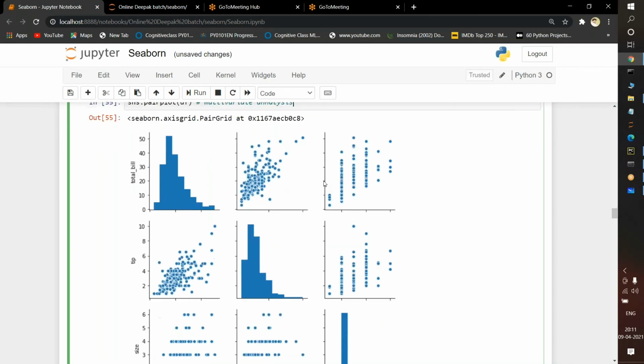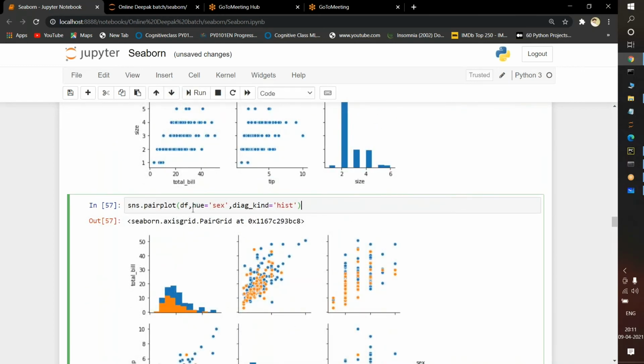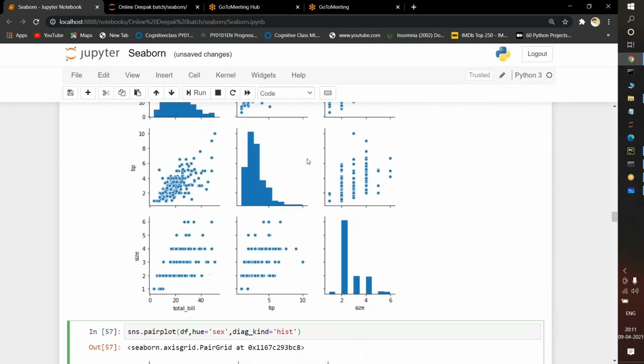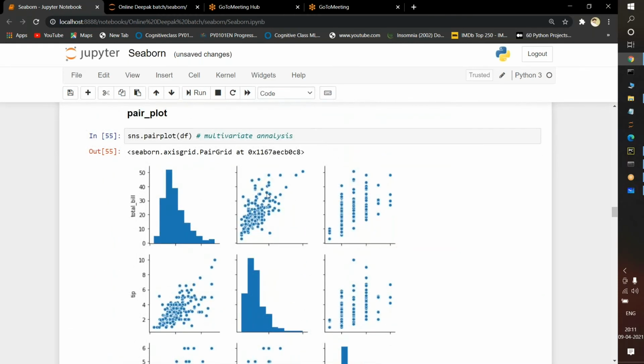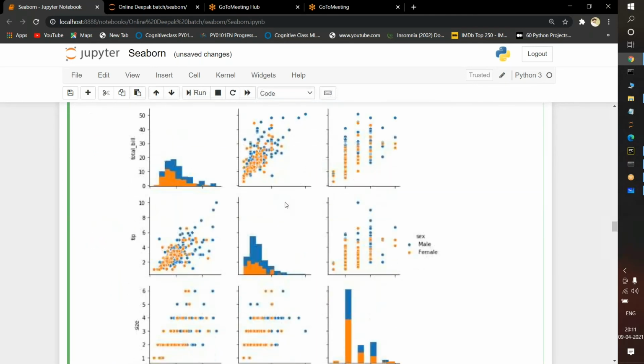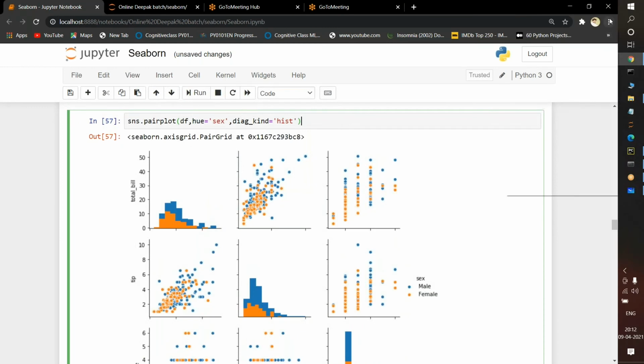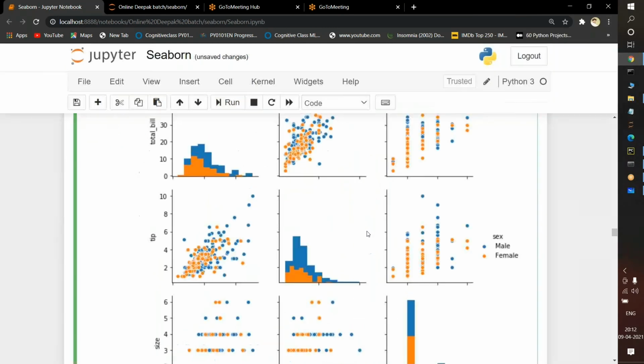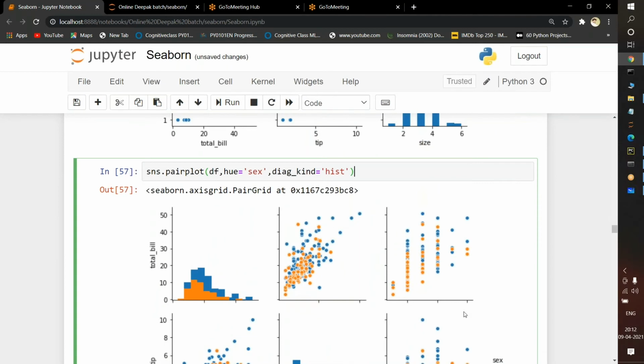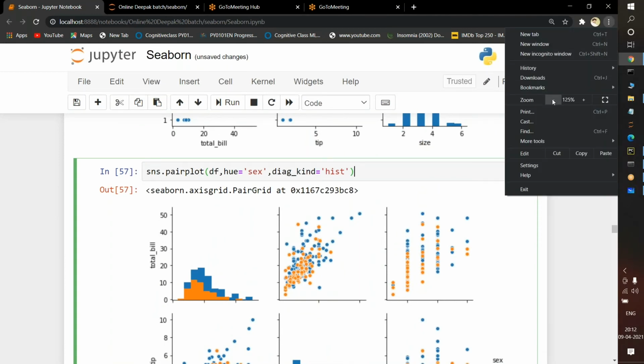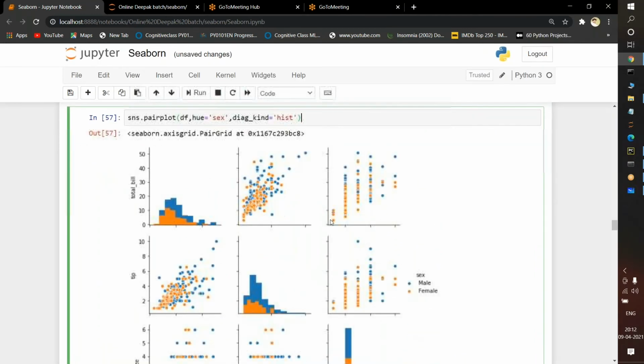Okay, multivariate analysis. Suppose this is one of the best examples, and here I am passing a pairplot. I am passing the entire data. hue is equal to gender I am passing here. What do you mean by this gender? Suppose this is the entire plotting data. In this entire plotting data, we will divide by gender, male and female category. If you observe here, it is showing here, very carefully. I will zoom it. See, from the entire data, it is showing male and female category. The blue color lines go to male and the orange color lines go to female.